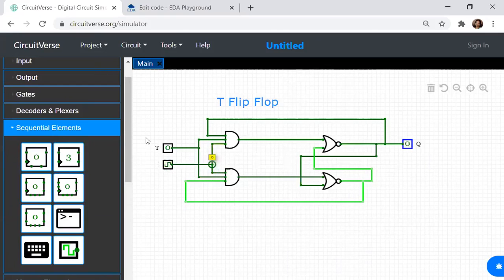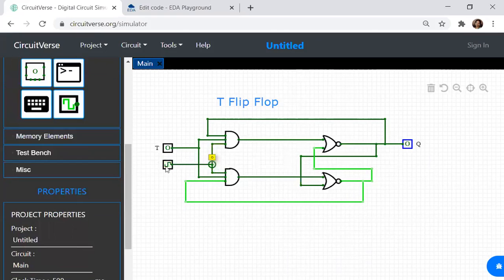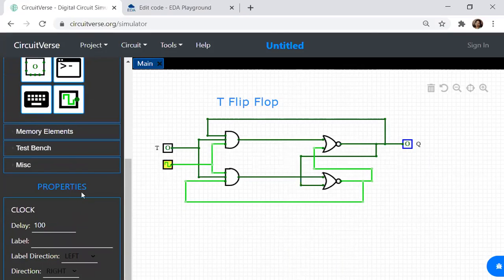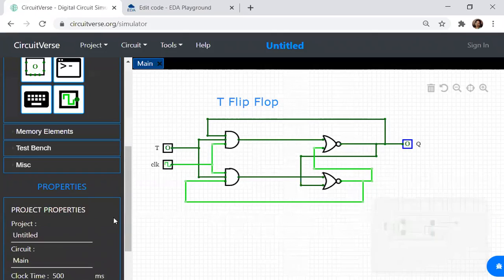Now this is a clock. Now what happens in a T flip-flop?